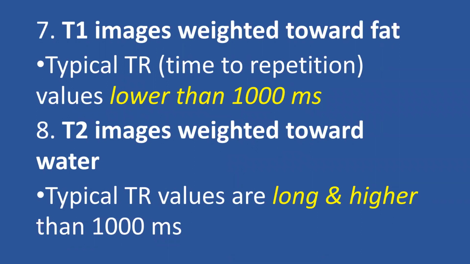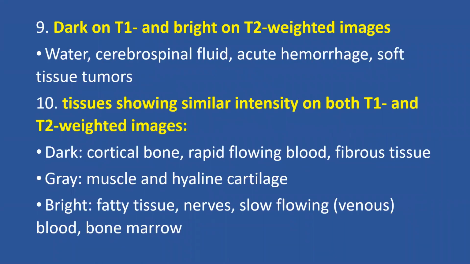Another difference between T1 and T2: T1 has a shorter repetition time and a shorter echo time than T2. T2 has a long repetition time and a higher echo time. So a longer, higher echo time. Dark on T1 and bright on T2 weighted images. I'm telling you, these are the